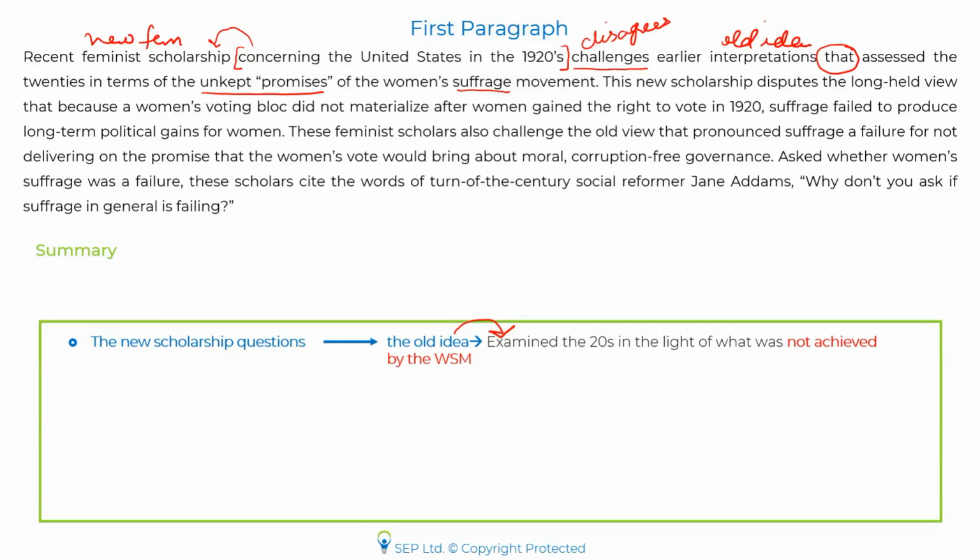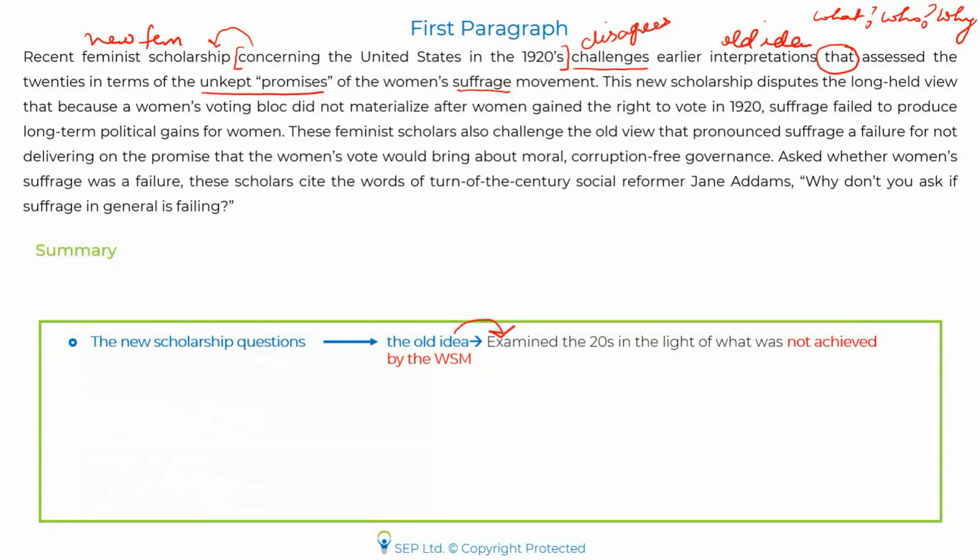Wonderful. Now, what I have done here is I have tried to derive what the sentence is saying and who is saying it. So I have tried to derive the what and the who for this sentence. I cannot derive the why because this is the first sentence of the passage. Let me go to the next sentence.